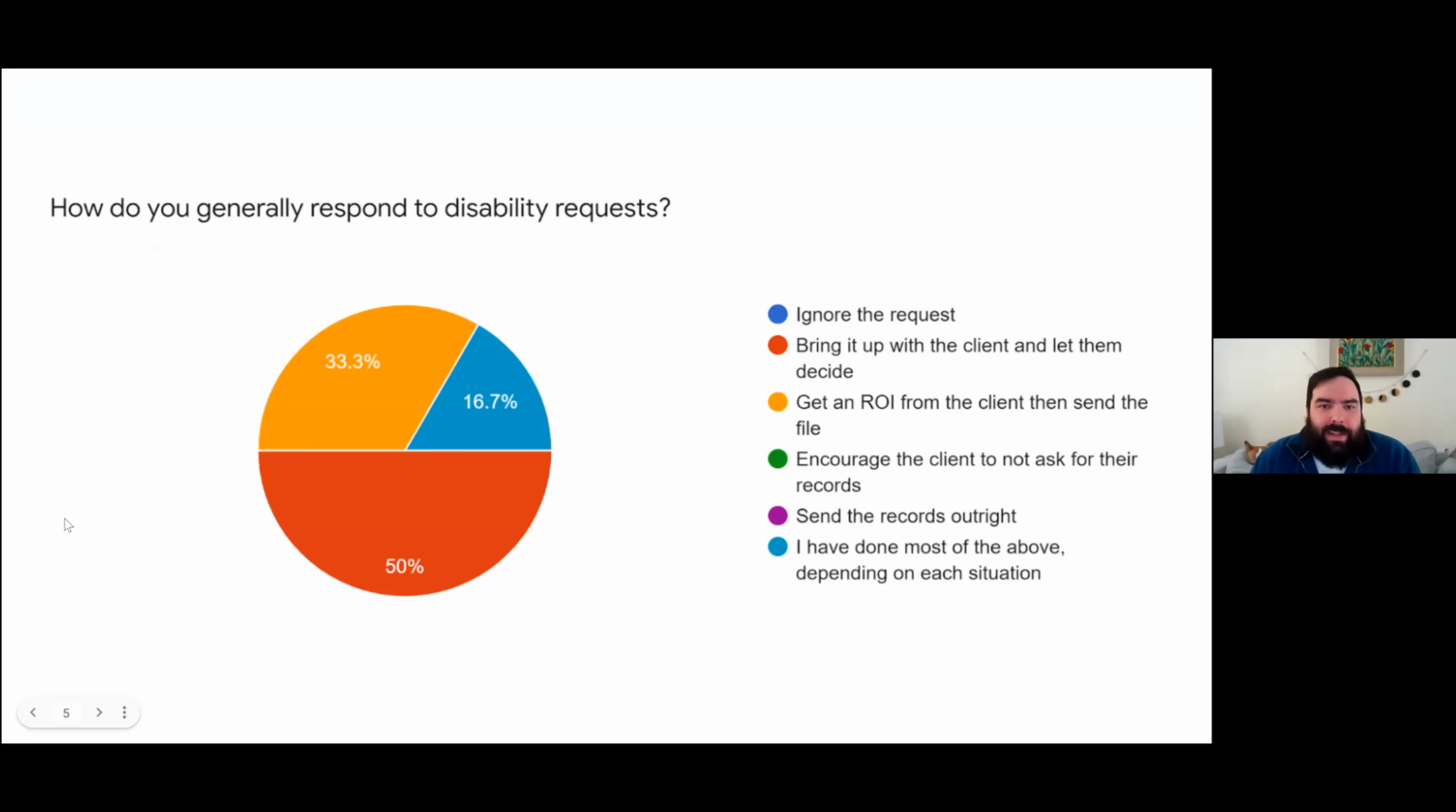In terms of responding to disability requests, awesome. Nobody said ignore the request. We will get to why we can't do that. What was also interesting is the purple response there: send the records outright. As we will get to later, in terms of actually going over what's called the